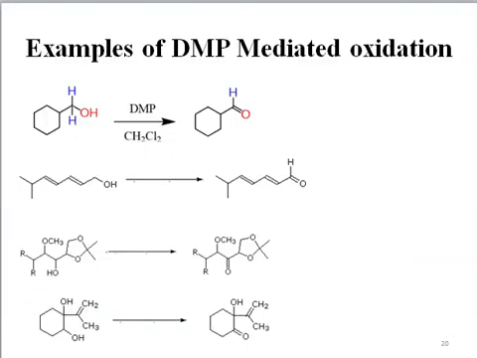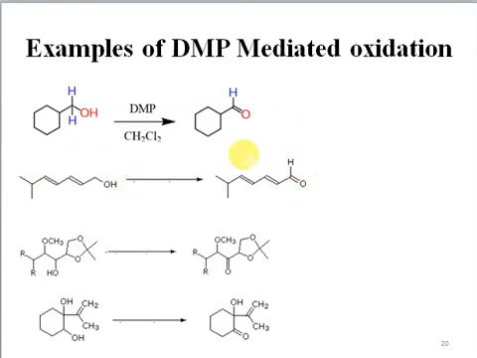So here we have some examples of DMP. So we have an alcohol, right? This is a primary alcohol with DMP, and we also use dichloromethane as solvent, and under these conditions this alcohol is being converted into an aldehyde. So here we have a conjugated system, right? And here we have a primary alcohol. So the DMP does not affect all of these double bonds,